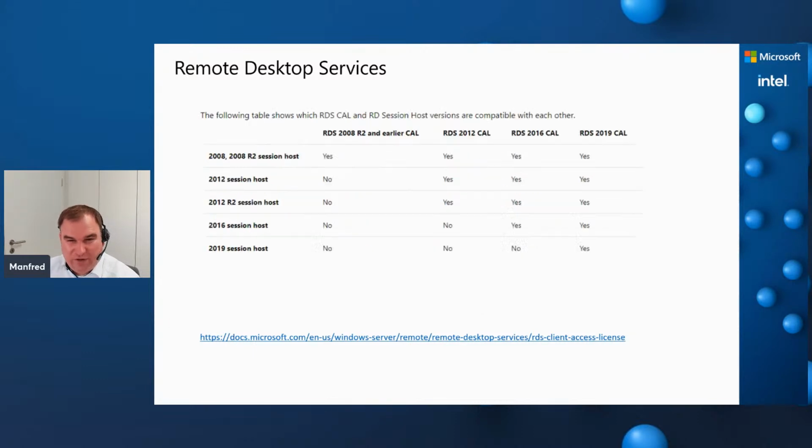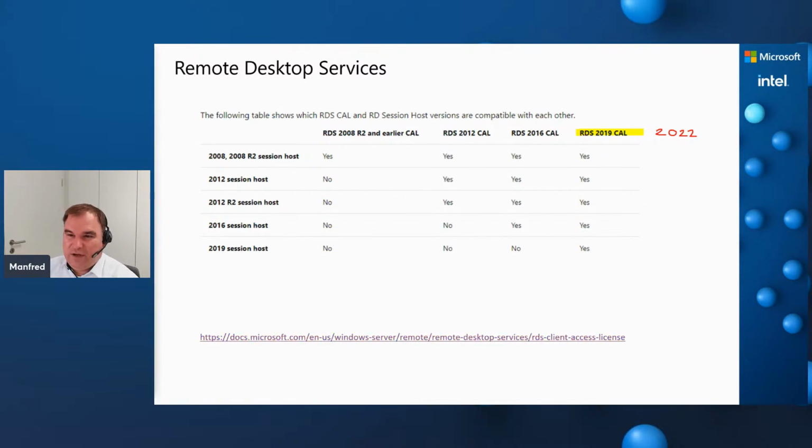If we have different versions of remote desktop services, then it's important to know that the later client access licenses, and I had this situation a few weeks ago. This is the old table. There's also a 2022 client access license here. We can verify this when we go to the matching web page.